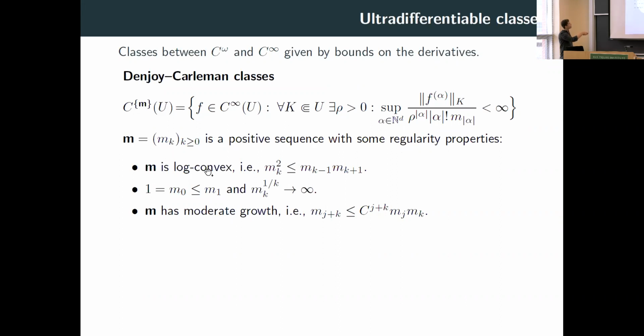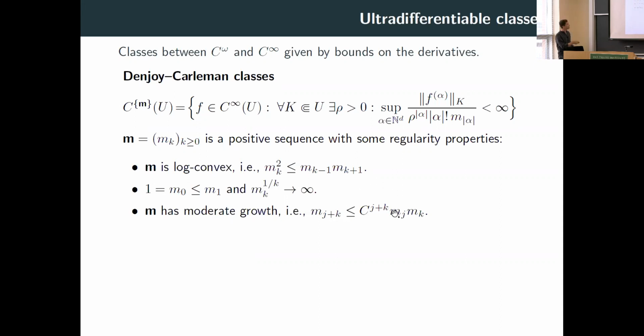We suppose that M is log convex, which is this condition for all k. We suppose that the roots M_k to the power 1 over k tends to infinity. This means that the real analytic class is strictly contained in the class we are looking at. And we suppose that M has moderate growth, which is this condition for all j and all k. In particular, it implies that the class is closed under